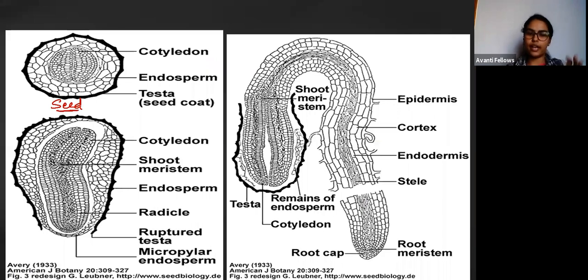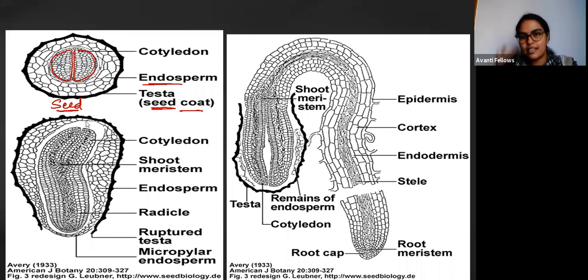I had told you, right, after fertilization, integuments of the ovule will change into seed coat. And if there are two integuments, there will be two seed coats, outer testa, inner tegmen, right? तो ये सारे आपके cotyledons हैं, this is developing cotyledons. There are two cotyledons which are getting developed, okay? And this is endosperm. This mass of cells, sandwiched between the seed coat and cotyledon, is the endosperm, and this is the seed coat, that is testa. So this is the outer seed coat, a very prominent protective layer. Okay, so here the germination has started.